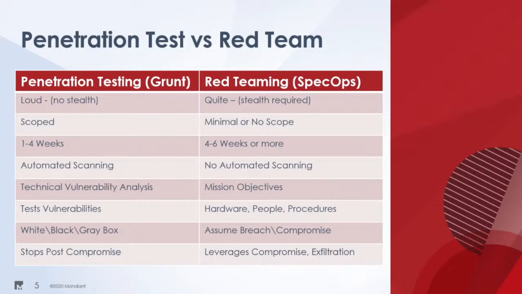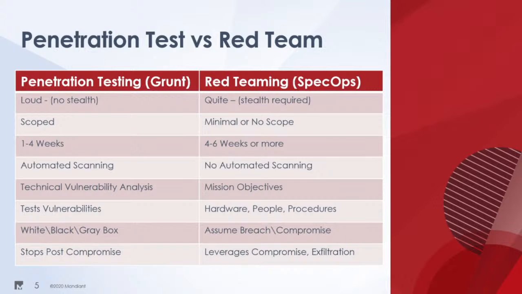You also have the whole no automated scanning for red teaming, because that will get you caught. I have seen it where you can get away with it on clients that might not have a lot of detection or monitoring in place, but you really only do that after you find that out. And even then, it's usually after you complete all your other mission objectives, because then it's like, who cares? But most of the time, it's no automated scanning.